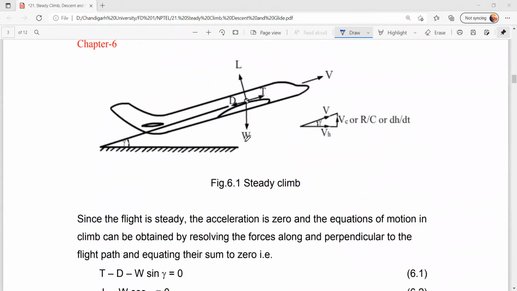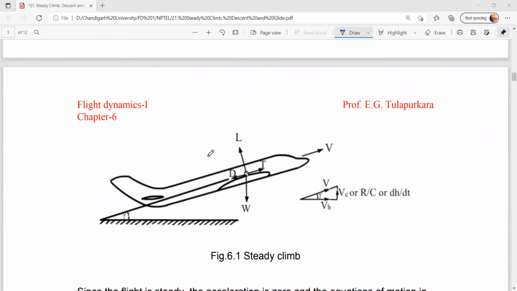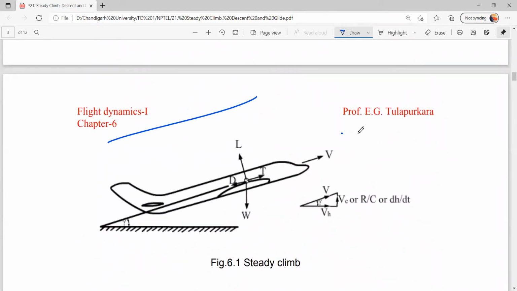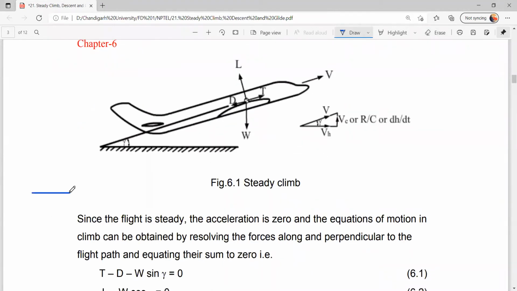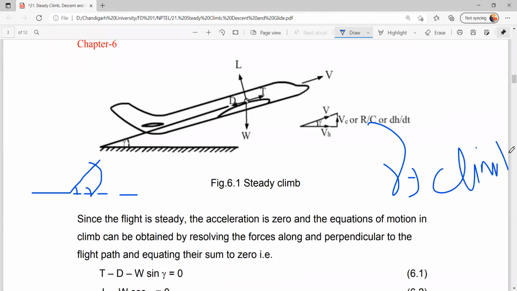So in climb, the aircraft is going to be following an inclined path, whereas in the cruise, it is going in a straight, horizontal path. In the climb, it is going in an inclined path. Okay, so that is the difference. So how inclined will that climb angle be? Climb angle is measured, so if this is a takeoff and we are climbing, this is the ground surface. The angle between the ground and the flight path is called the climb angle, and it is denoted by gamma.